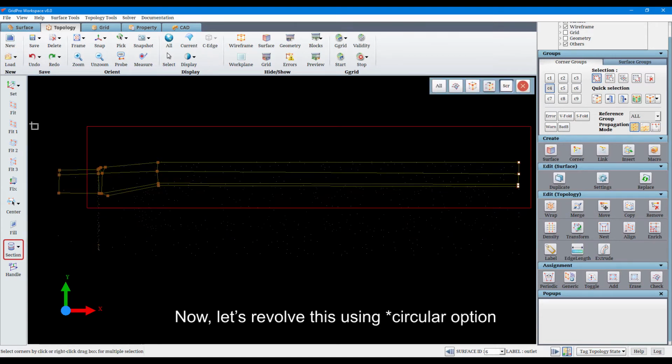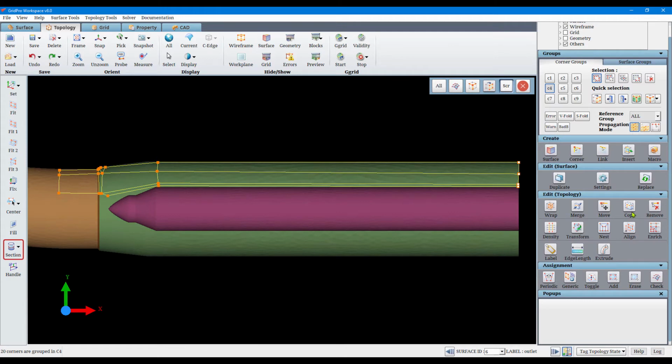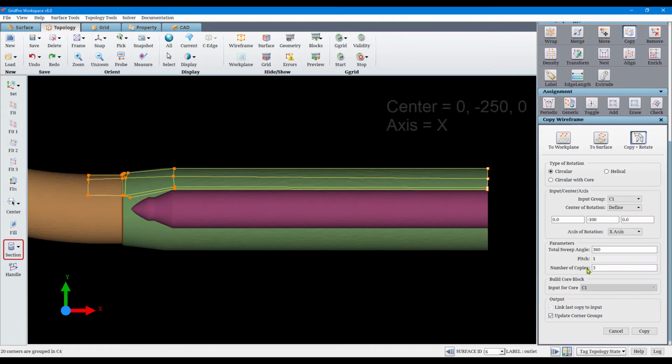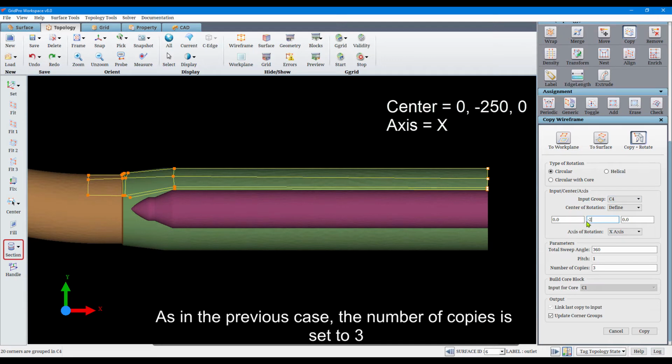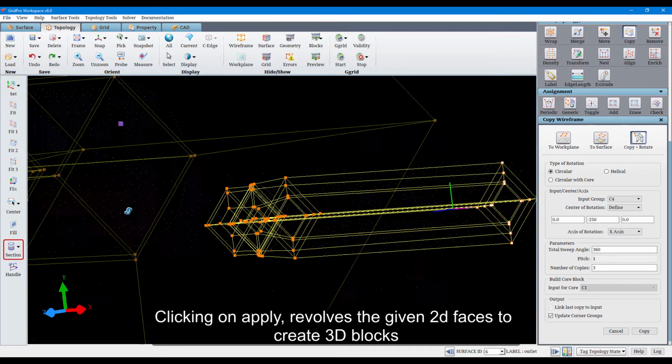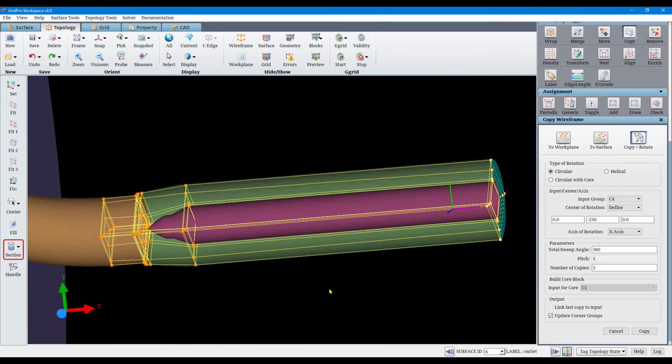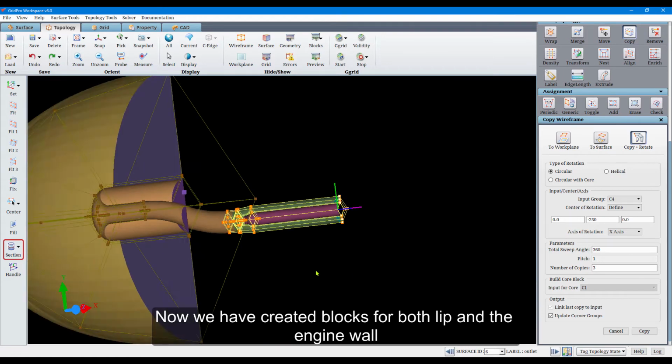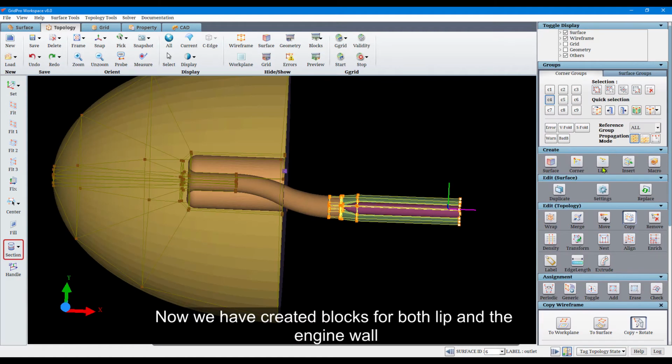Now let's revolve this using circular with core option. As in the previous case, the number of copies is set to 3. Clicking on apply revolves the given 2D faces to create 3D blocks. Now we have created blocks for both lip and the engine wall.